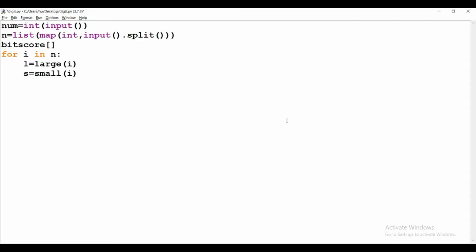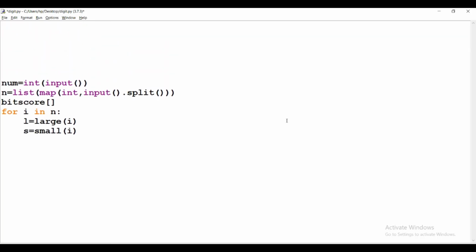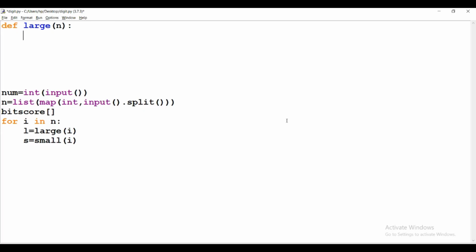First we make a large function to find the largest digit. So define large, and we take one integer argument, n. This integer number we convert into a string, because manipulation is very easy with strings.